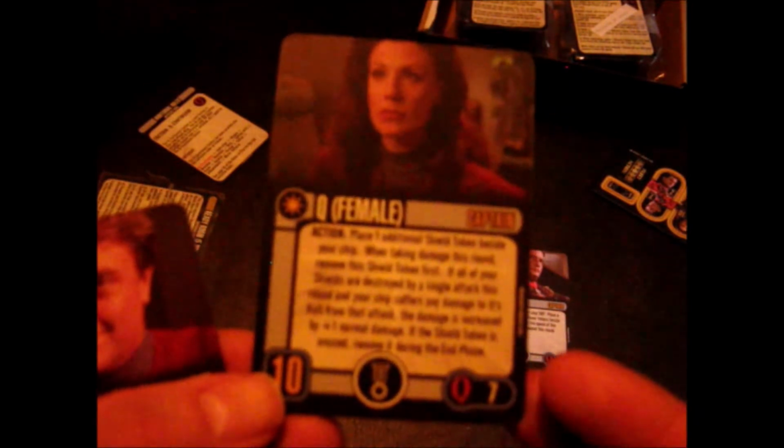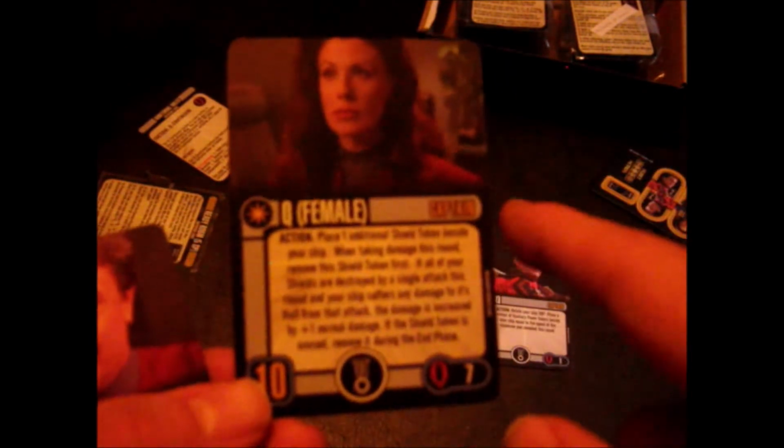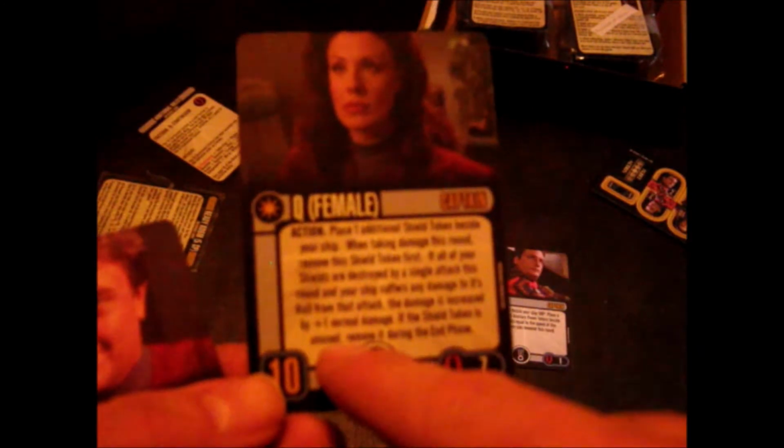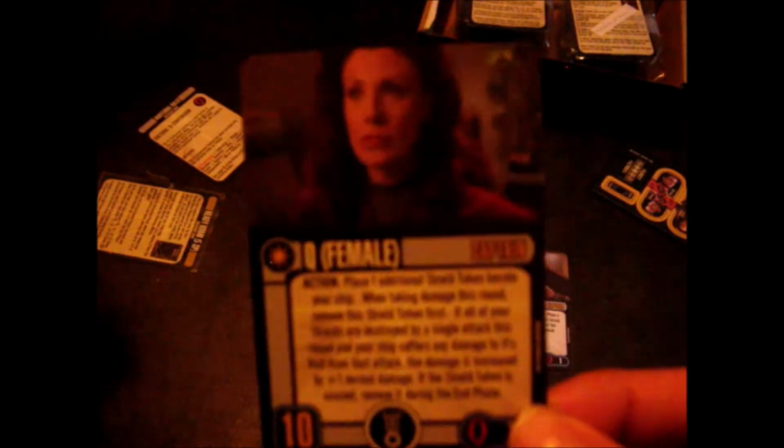Why not just take an evade? It's going to hurt you, because even if you have 0 shields and you use this, you're going to suffer 2 damage. You're going to lose that shield, and then it's going to hurt you again because of her ability. So unless you need to cloak your ship, or you need to protect yourself from an upgrade that says if the ship has no shields...